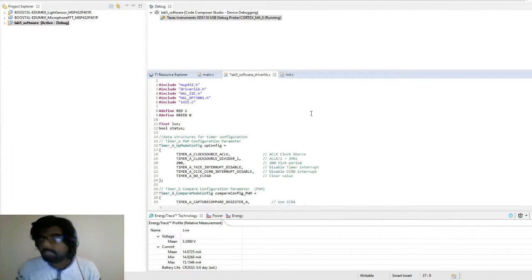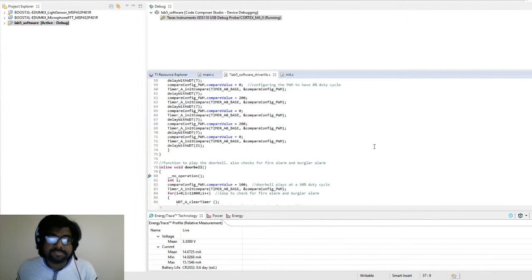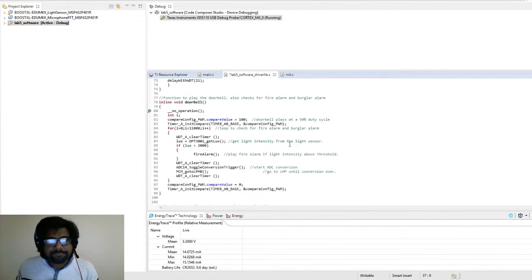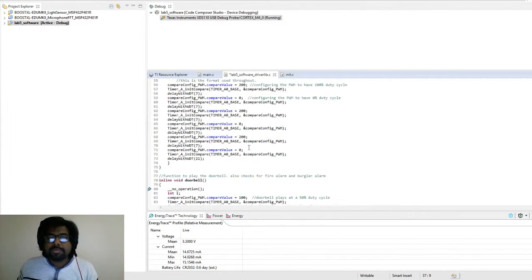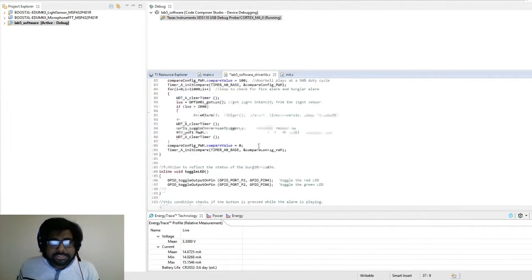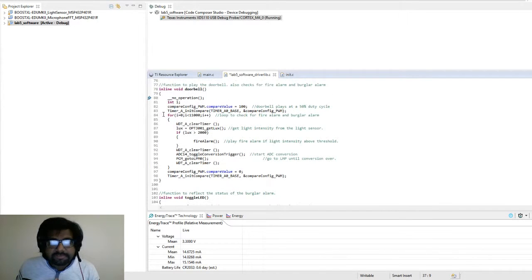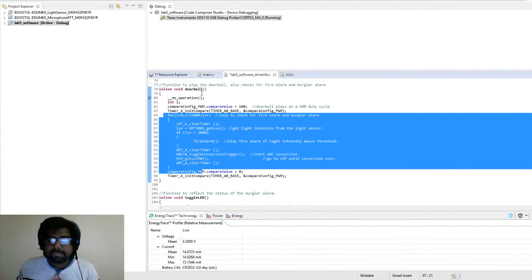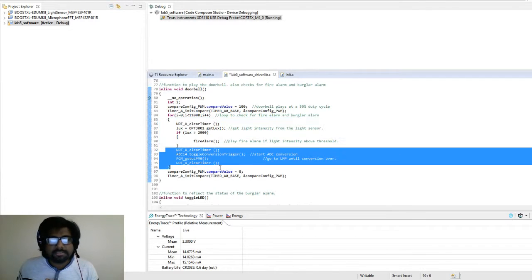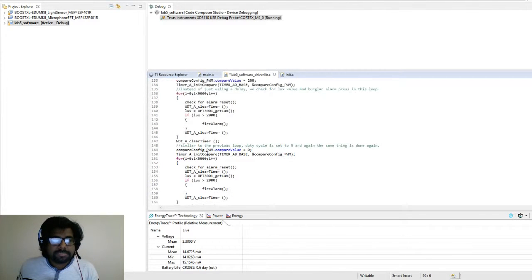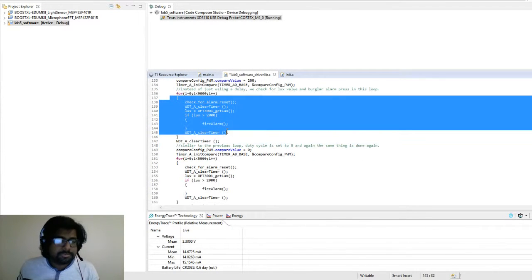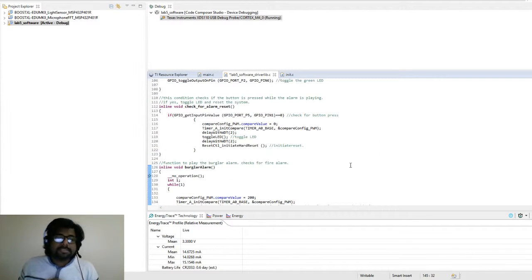One major challenge I encountered in this project was adding priority to the events when I had started to do it as a round robin based system. So basically what I had to do was, I had to check for each high priority event within any low priority event. For example, inside the doorbell I had to check for both the lux and the microphone input, and inside the burglar alarm I had to check for the lux value each and every time. So this is how I circumvented not using interrupts, basically, which I should have from the beginning.